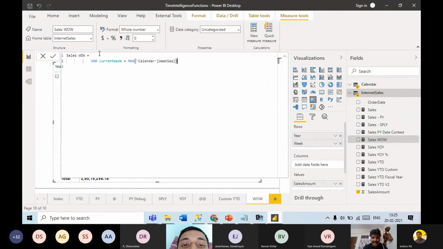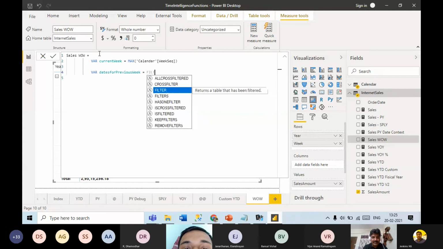Okay. Then once you got the current week, how to get the previous week? It is very simple. So previous week, modify the context, get the dates for the previous week.